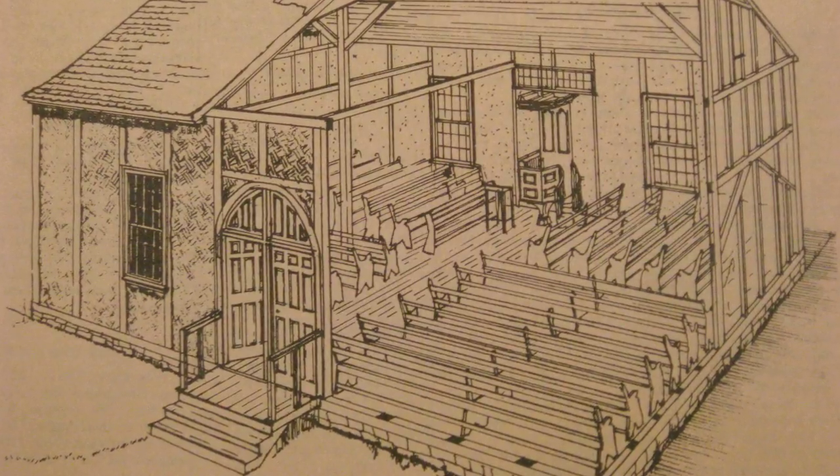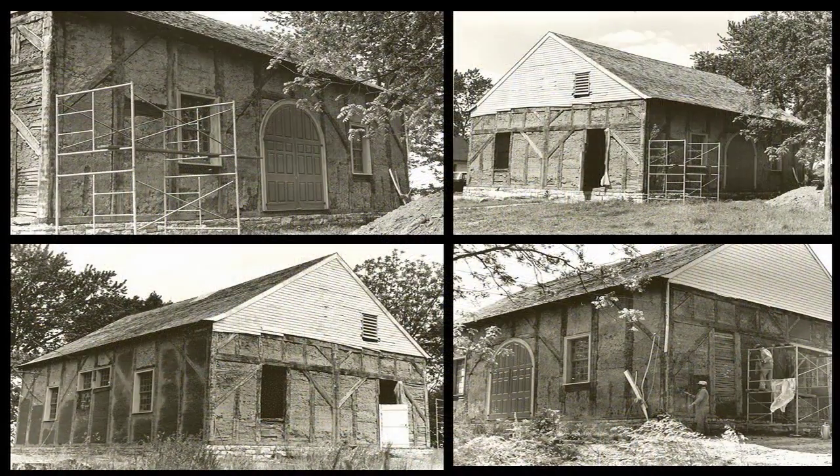Work began in October 1975. Here are views of all 4 sides of Old Mud during the 1975 restoration work. The photos are from the Historical Society's files. Of course, the real centerpiece of the restoration was something we will not see tomorrow, at least not on the